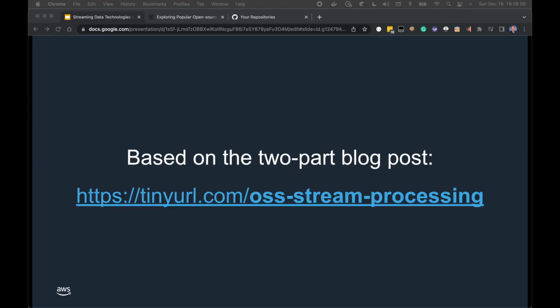This video demonstration is based on a recent two-part blog post which I authored, Exploring Popular Open Source Stream Processing Technologies, a brief demonstration of Apache Spark Structured Streaming, Apache Kafka Streams or K-Streams, Apache Flink, Apache Pinot, and Apache Superset. The two-part blog post can be found at